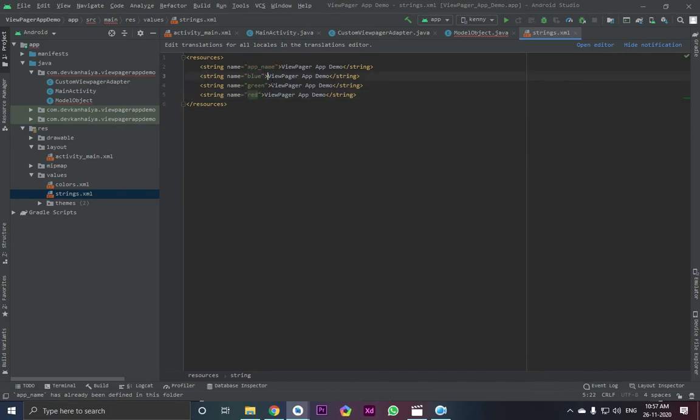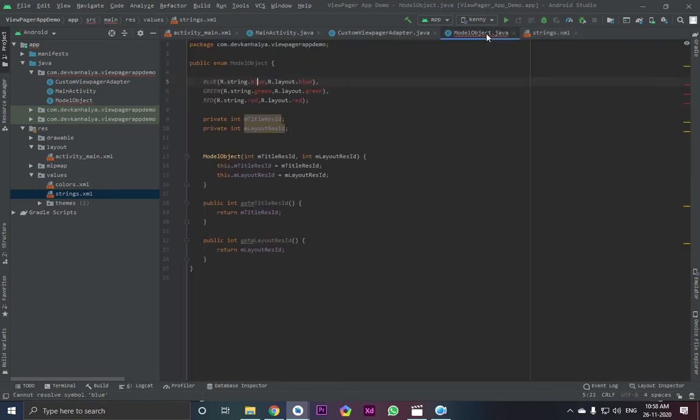So our title will be here, that is blue, and here it will be green, and now here it's red. Now as you see on the model class, the error has gone.